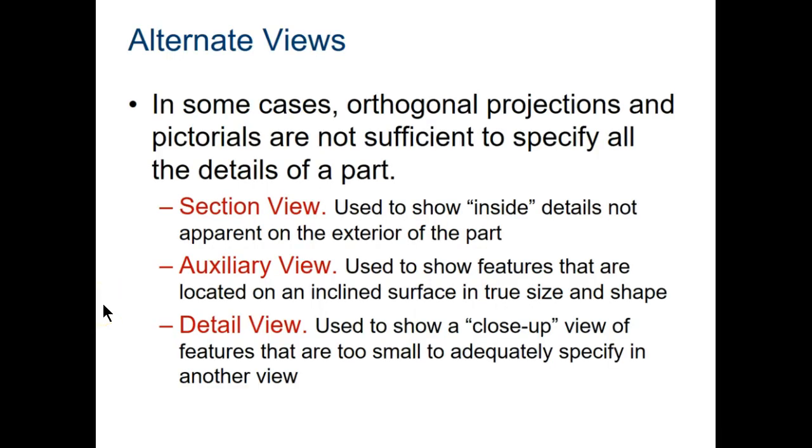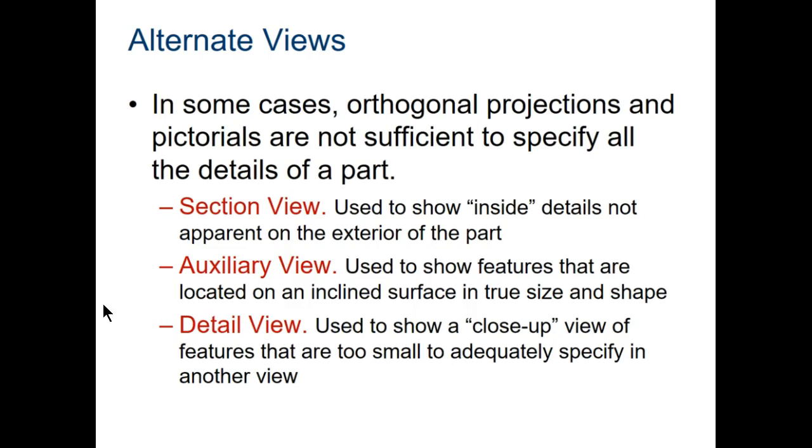So basically what this is saying is that we have three different kinds of alternate views we can use. We can use a section view, which is a way of looking at the inside of a part to show the shape as though you were cutting it in half and looking at the profile there. This is useful for some very complex parts, especially ones that have a shell or indentions that